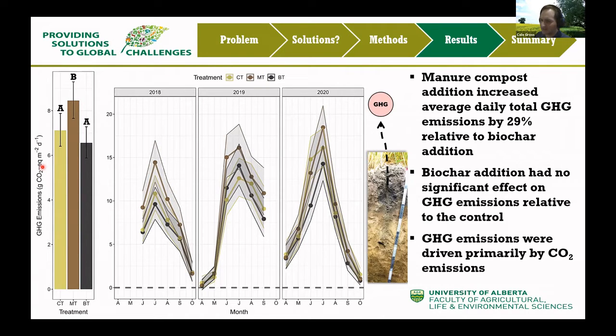Overall, biochar application slightly increased crop production and slightly decreased greenhouse gas emissions and water-soluble carbon relative to the control, indicating potentially greater carbon inputs via roots and increased protection of those carbon inputs in the surface soil of the biochar addition, reducing carbon losses both via microbial decomposition and leaching. On the other hand, manure compost application substantially increased greenhouse gas emissions and did not significantly increase soil organic carbon relative to the control.